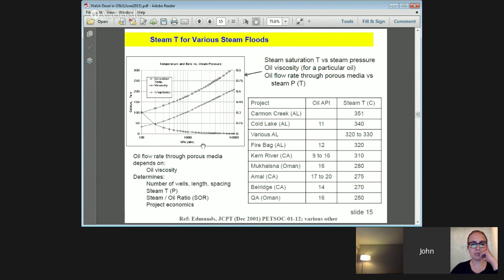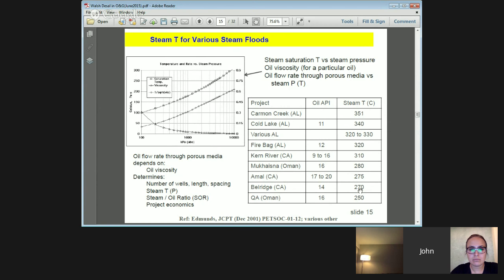And this table shows the oil API, American Petroleum Institute measure of density, and actually it's an inverse measure where a high number means low viscosity and a low number means high viscosity, and then steam temperature here. And what you see is that most of these Alberta, Carmon Creek, Alberta, Cold Lake, Alberta facilities have high temperature requirements because of the high viscosity of the oil and other considerations. California and